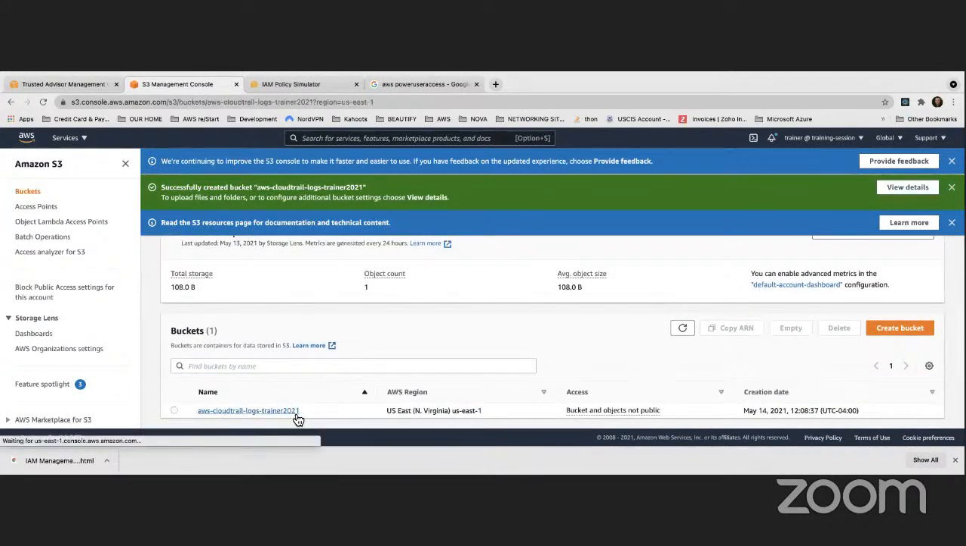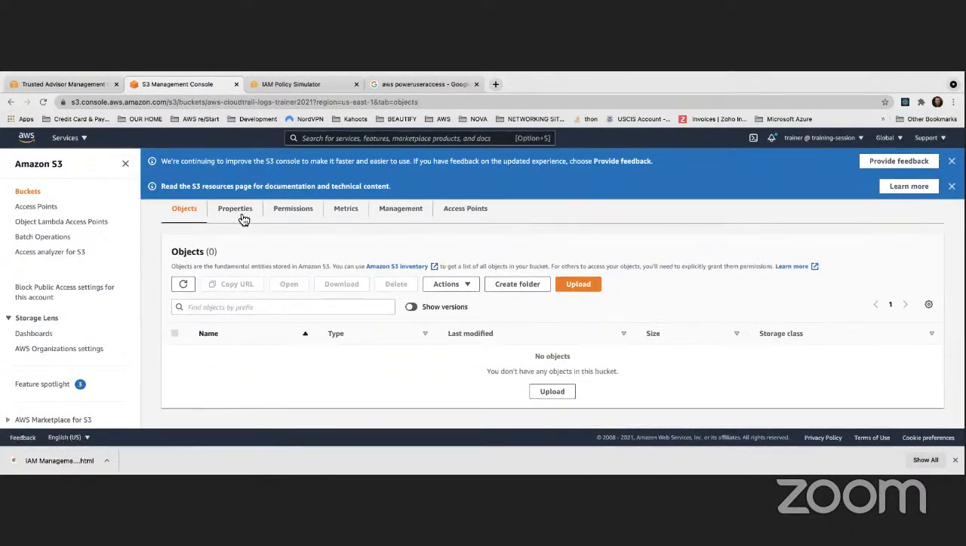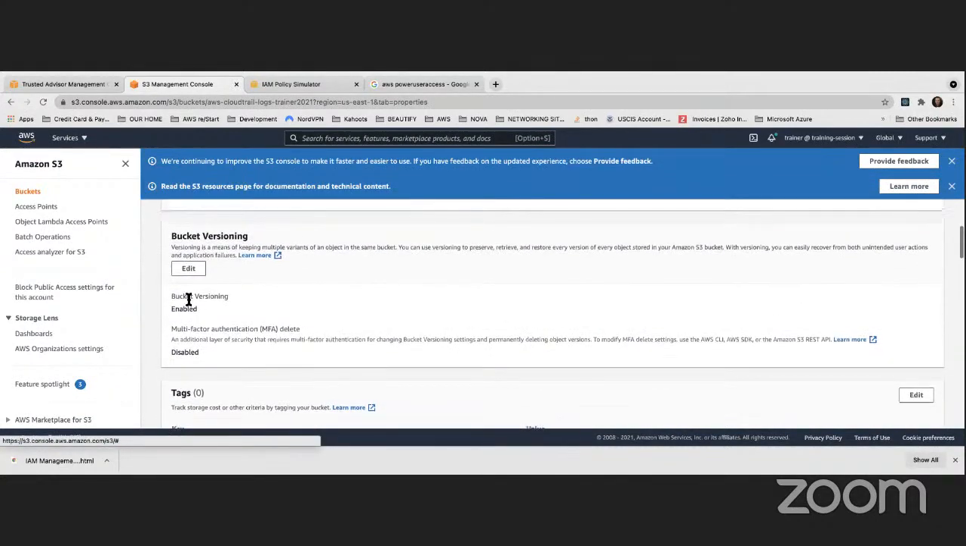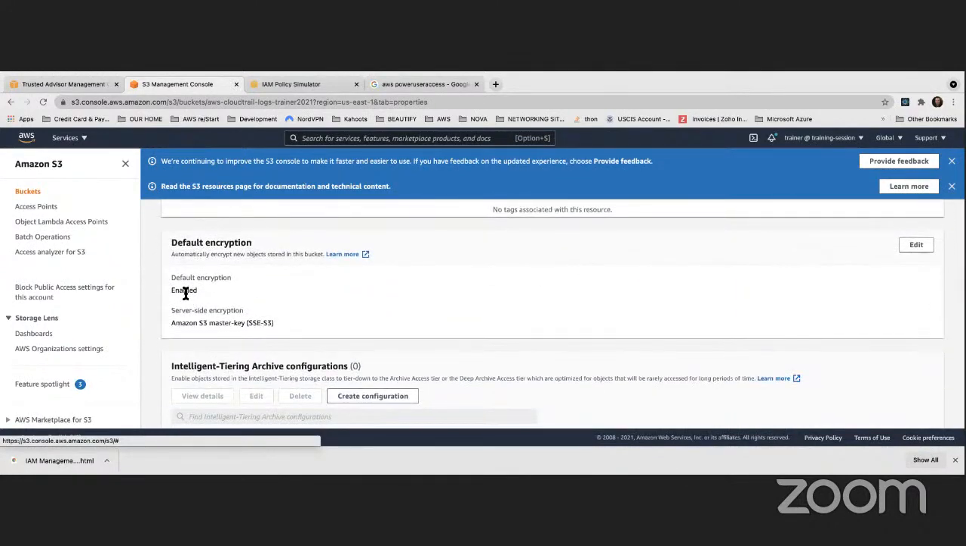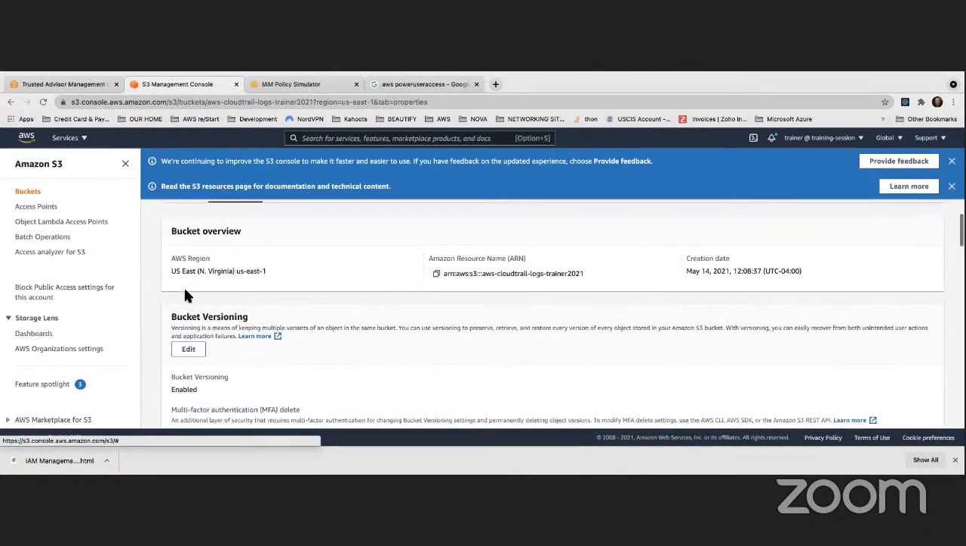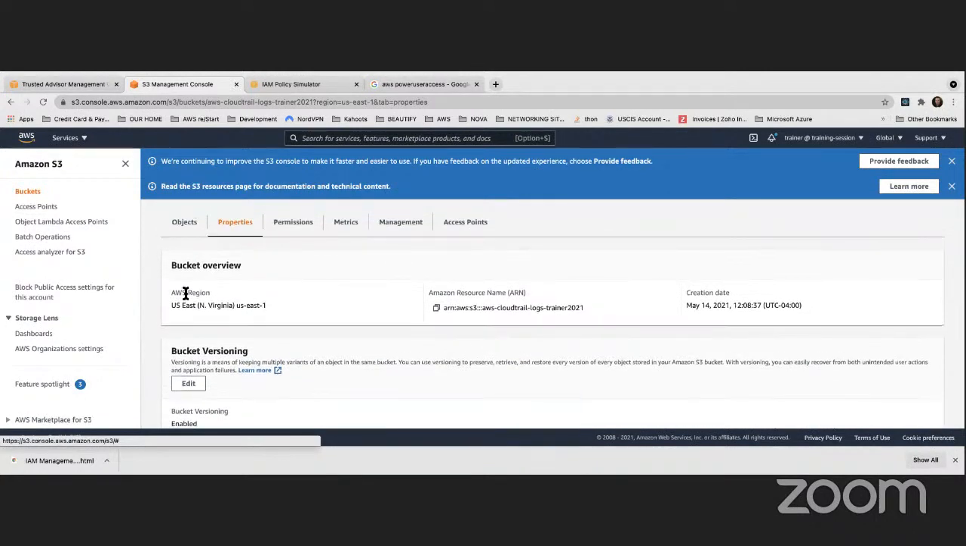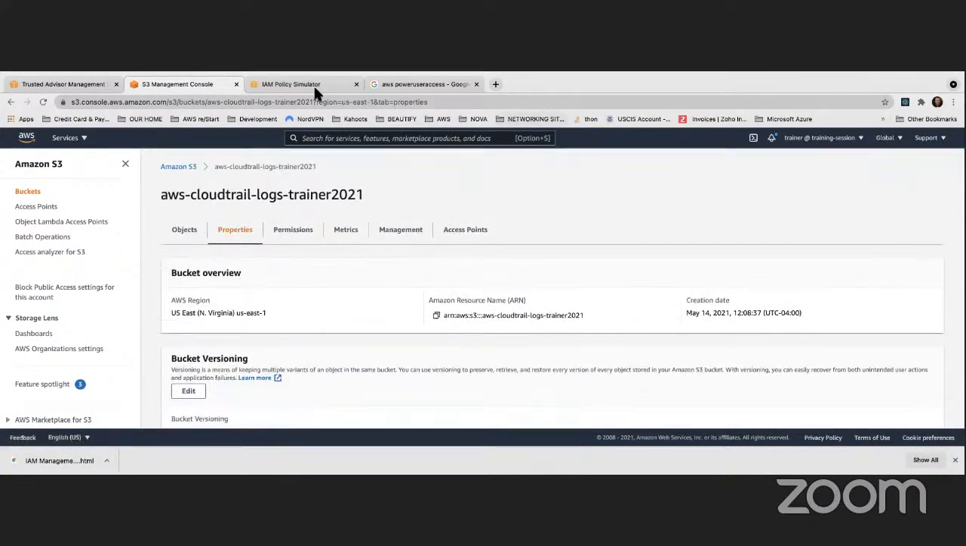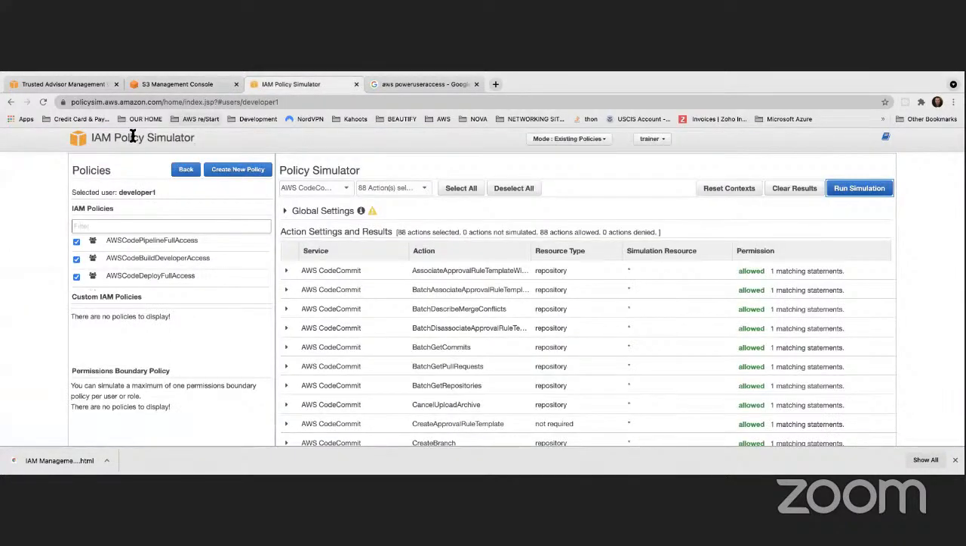Perfect. And it contains everything that I need, because you can look at the properties right here. I can see that bucket versioning is enabled and server-side encryption is enabled. Okay. Perfect. So now that I have my bucket, what I have to do is simply move to